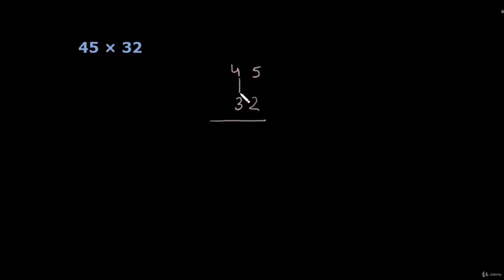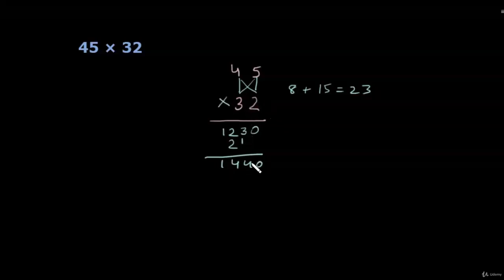First of all, the two numbers on the first column vertically, so 12. And now crosswise, 4 times 2 is 8, 5 times 3 is 15, so this gives us 23. Because 23 is a two-digit number, we will place it like this. And now vertically again, 5 times 2 is 10, so like this. This becomes 1440. We are adding these two. So in this way, we are able to get the answer very fast.